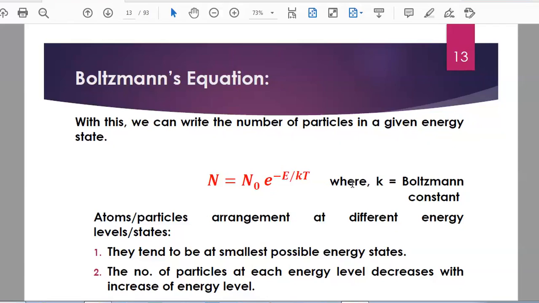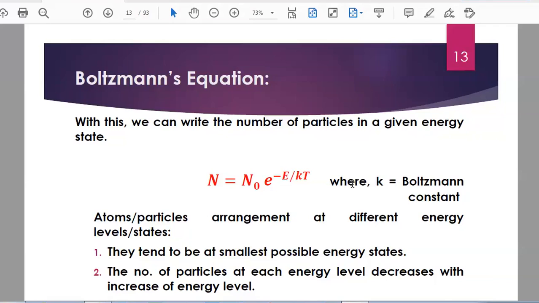This formula is useful to define the number of particles in an energy level. And if you remember from the last lecture, we discussed that whenever we talk about an atomic system, there has to be at least two energy levels. It can be more than two also, but if only one level is there, then we are not considering it as a system. So right now I'm talking about a system, so there have to be two energy levels. This is the general form to find the number of particles in any level: N equal to N naught e to the power minus capital E upon